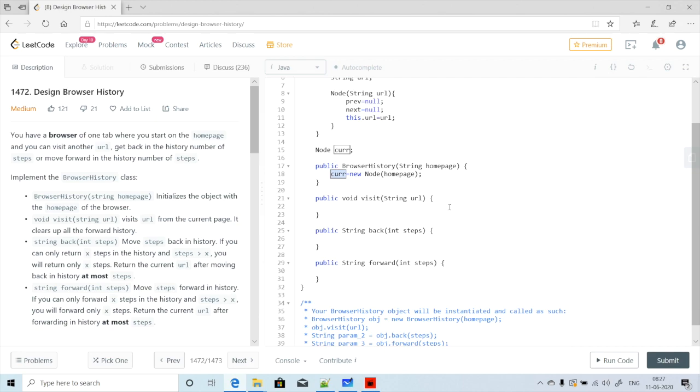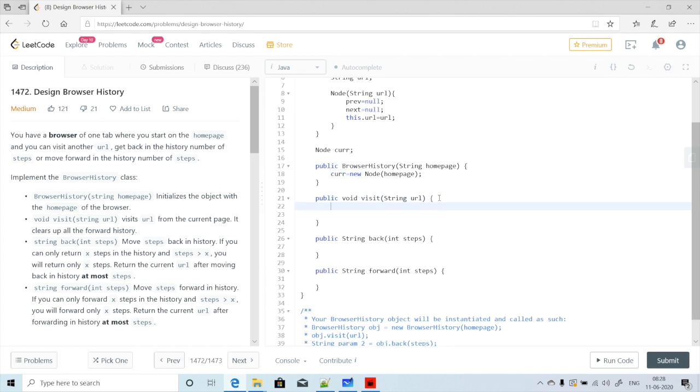Now let's write down the code for visit. In the visit, what we want is to create a new node and add it after the current node. So whenever there is a new node, we want to add that node to the current. So let's write it down. First we will create a temp node, temp node is equal to new Node, and we'll pass the URL.